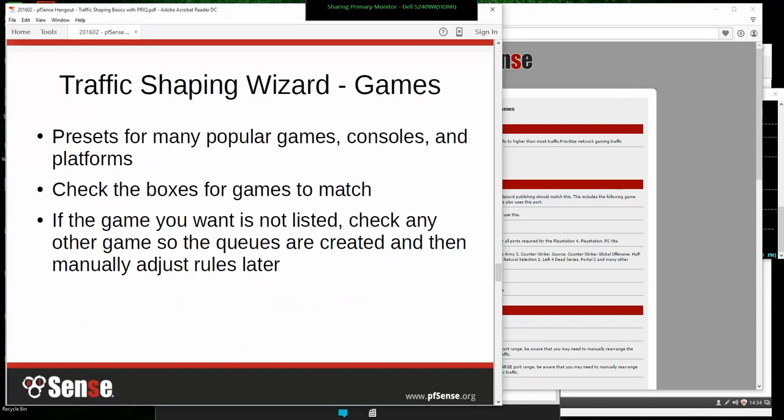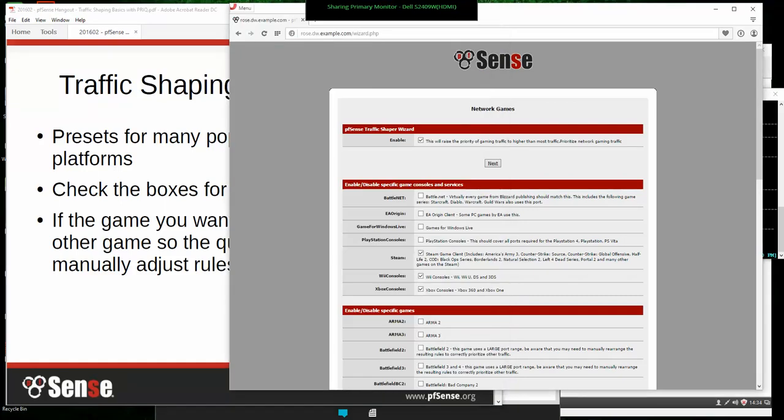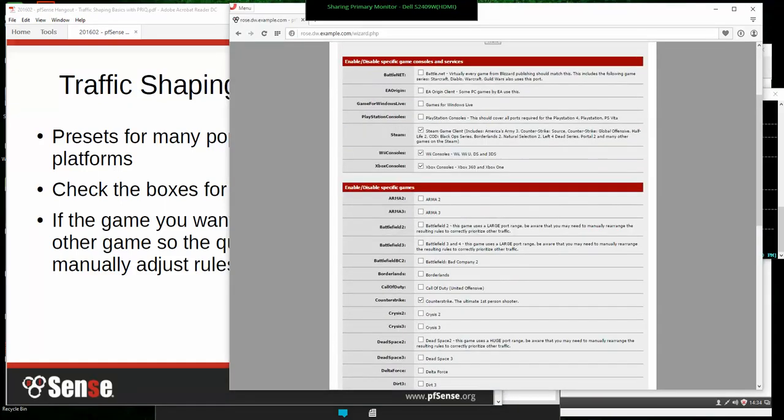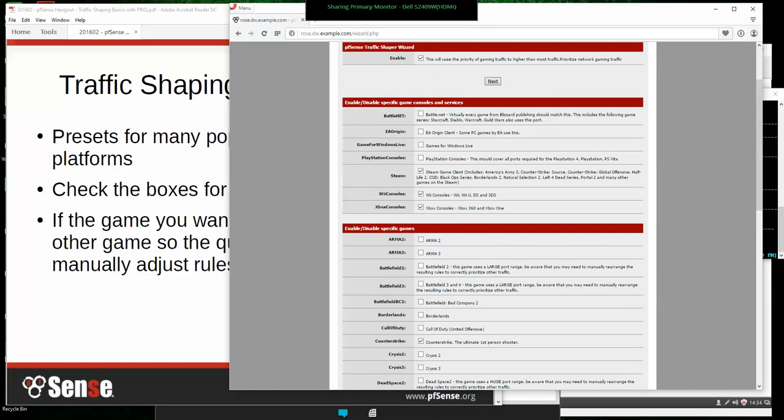All right, next up is games. This one's pretty straightforward. We have a lot of popular game consoles and specific games on here. Pretty much again, it's a good starting point. If there's something on here that you want to use, just check it. If the game that you want to use is not on here, just set something similar, and then you can